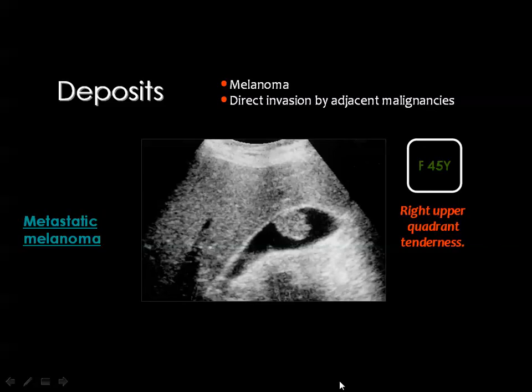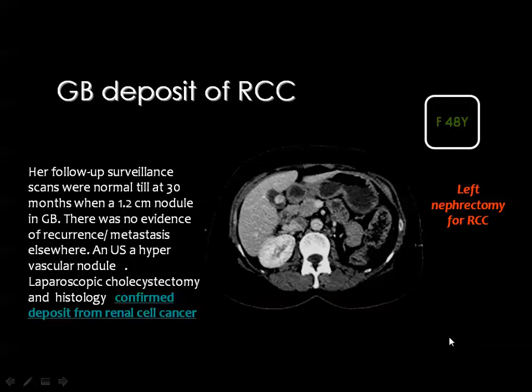Then metastasis can also occur in the gallbladder. You can diagnose the possibility of metastatic deposits whenever the patient is known to have a primary malignancy. And melanoma is one of the lesions that can metastasize anywhere in the body, and this is a case of melanoma metastatic to the gallbladder. And this is a case of renal cell carcinoma. The patient had nephrectomy of the left kidney, and there is an enhancing lesion inside the gallbladder confirmed as a deposit